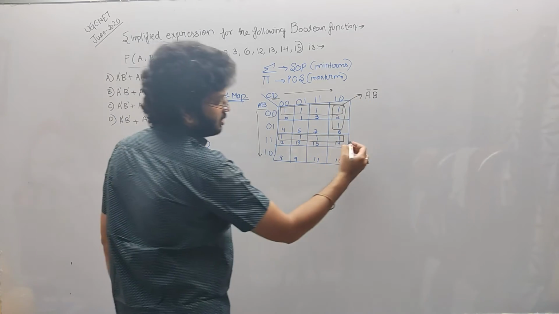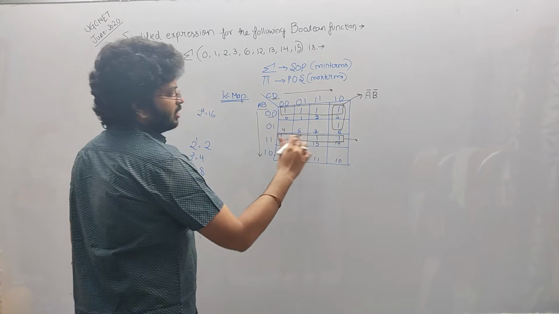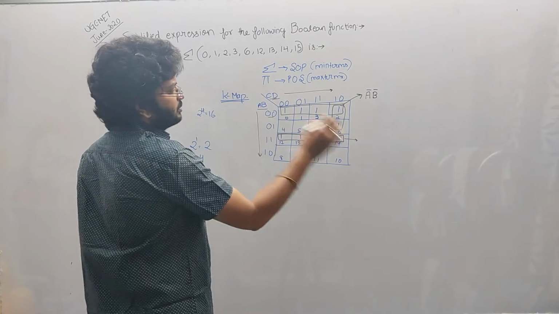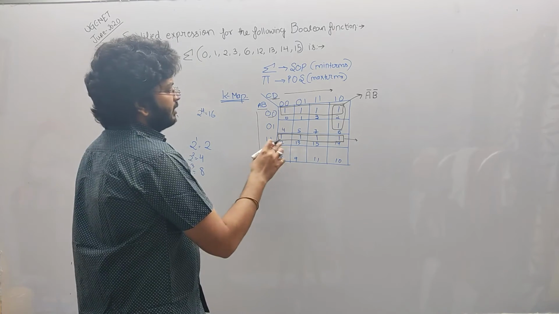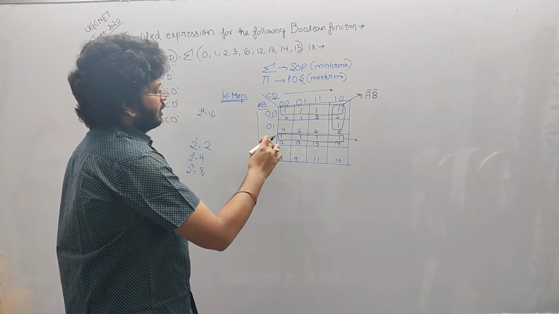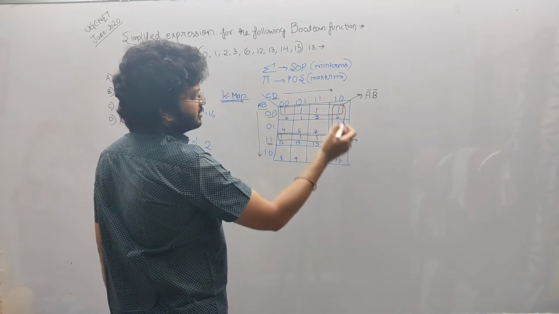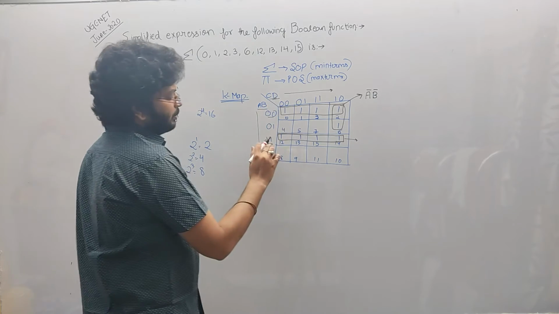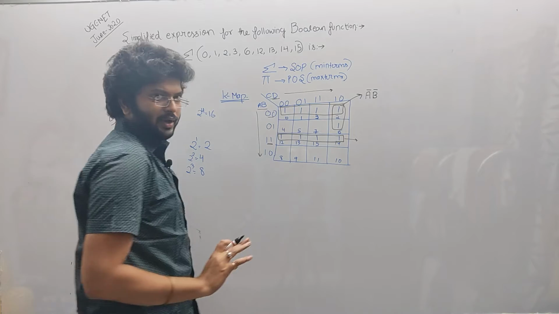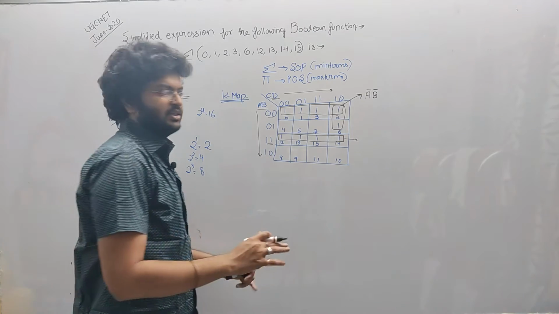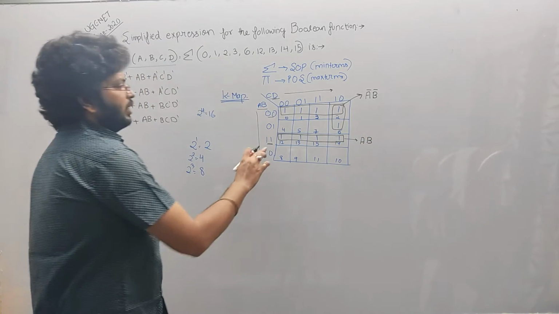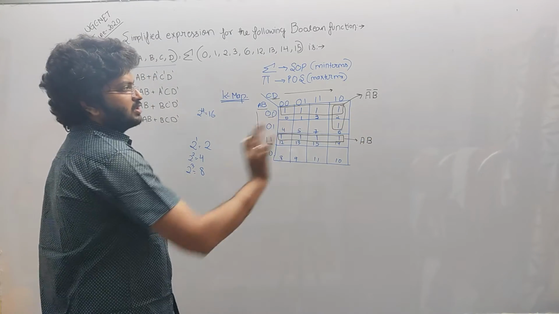Now coming to this box, similarly here also all the bits are changing. So from this part, nothing will go into the answer. And coming to this part, here also since bits are changing in CD, those will not get into the answer, but from AB no bits are changing, it is as it is. For 0 we take the complement, and for 1 we leave it as it is. So in case of 1 it will be A, B. For 1 it will remain as it is. So I got the answer for this one.